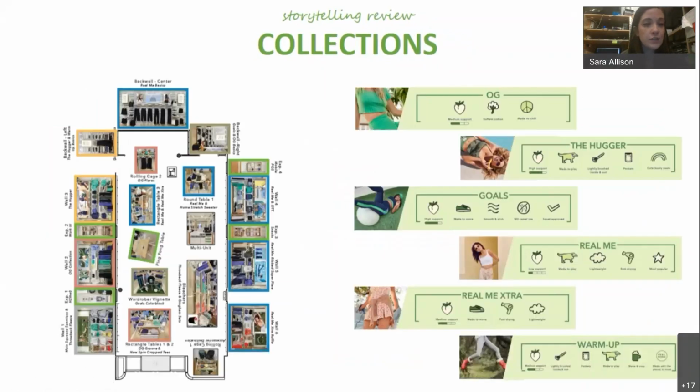And then for offline, this just looks a little different. So instead of really looking at shops, we're more so concerned with collections. So this would really be the fabrication collection. So these are our big 6 fabrications, the OG, the Hugger Goals, Real Me Extra, and Warm Up. Of course, these are usually grounded in leggings, but there are all other components of the collection, like the sports bra. Maybe sometimes we have a fun top or a bike short that's added in, but really making sure to keep these collections separated throughout the store. And that's really what you're going to see highlighted in the boxes on your overview for offline. So those would be the 2 first pillars for ARI or offline storytelling.